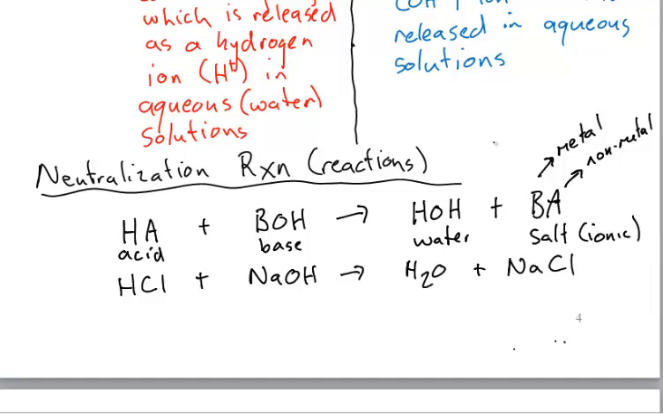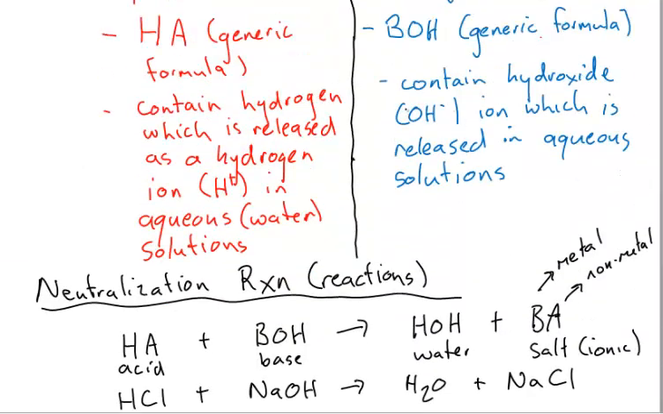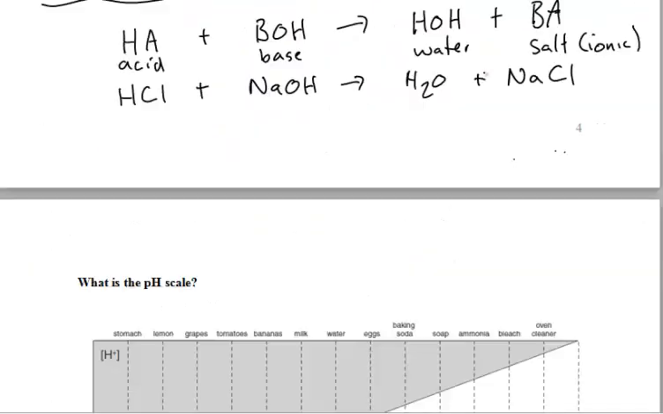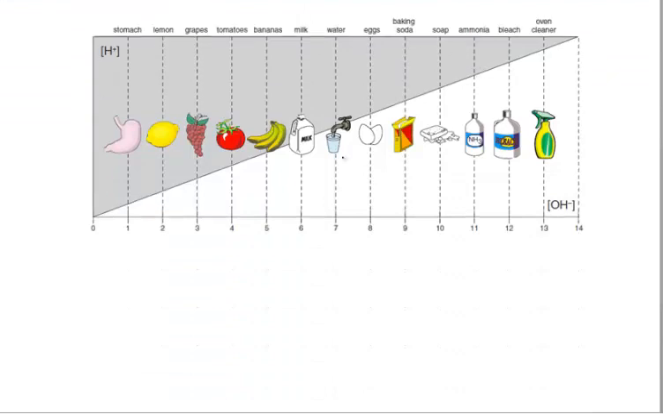Okay? So that's just a basic introduction to acids and bases. But we've referred to pH here. Acids, pH less than 7, base, pH greater than 7. So we need to understand what is the pH scale. Often people forget whether acids have a high number or a low number, and the easiest way to remember it